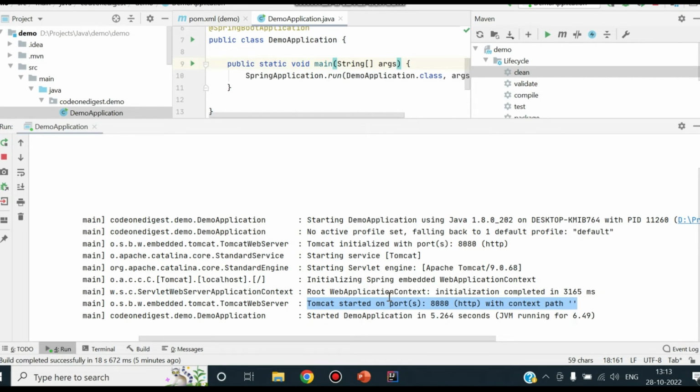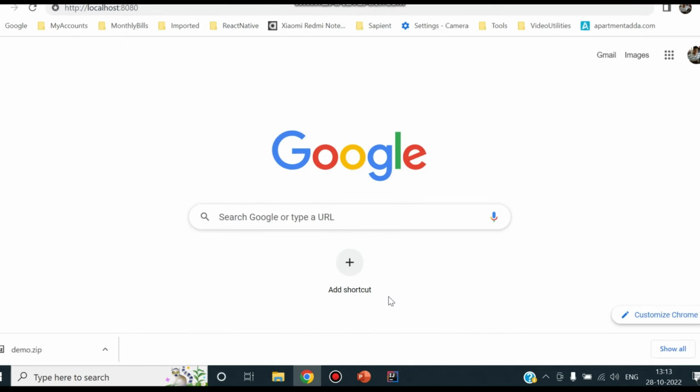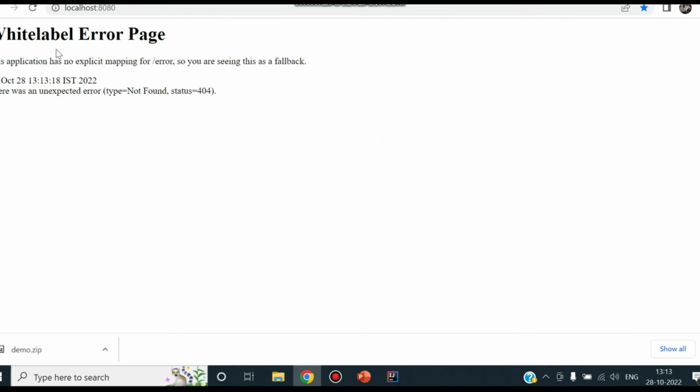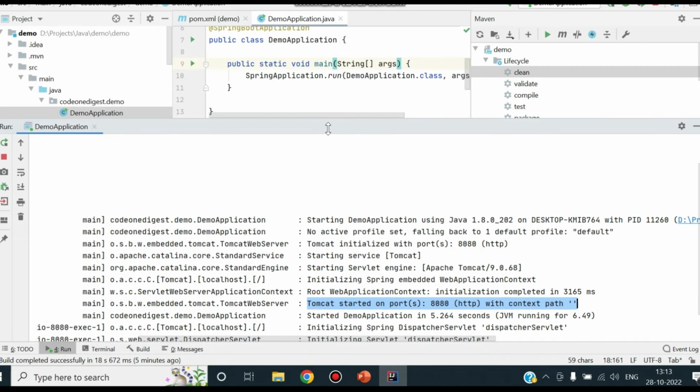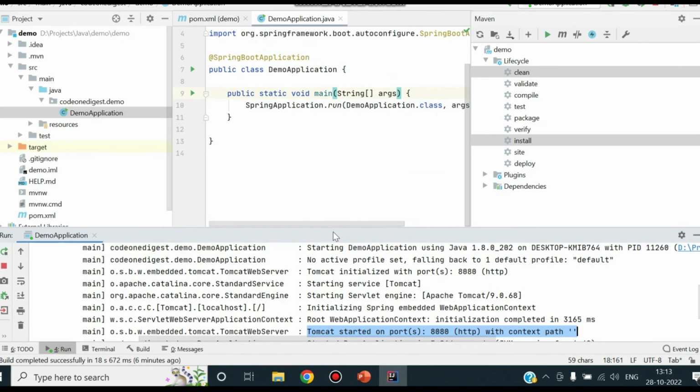Now we'll check in the browser. In the browser, we'll just type http localhost 8080, see what happens. So yeah, we are getting an error because we have not created a mapping yet. We have to create mapping and controller classes to resolve this error. So what we'll do is now